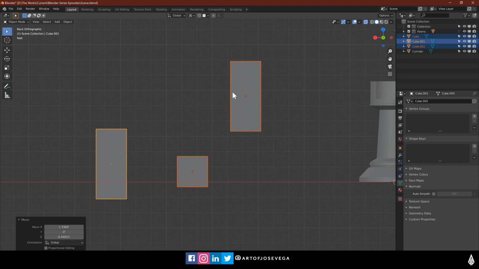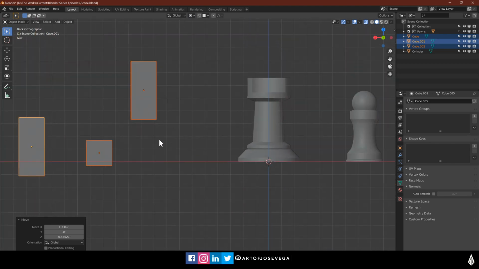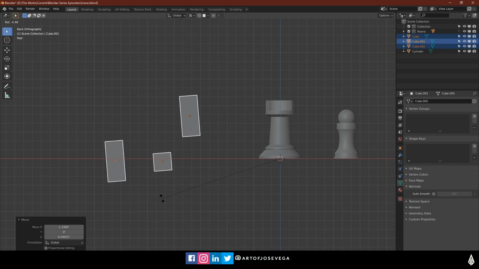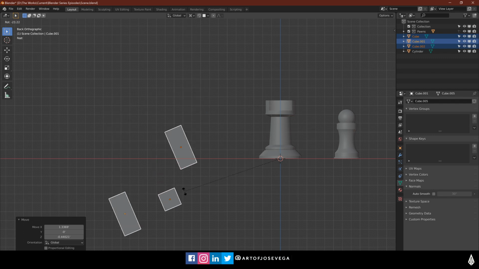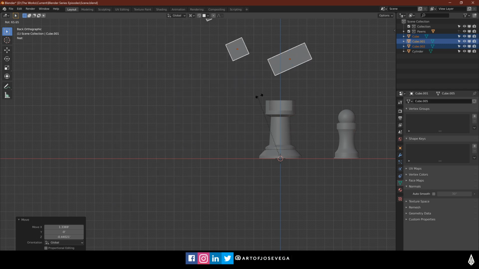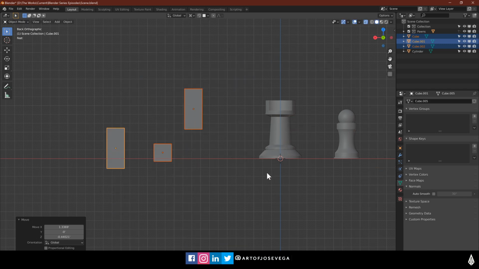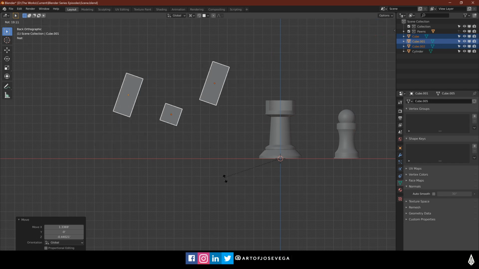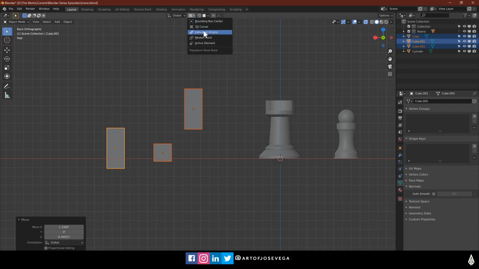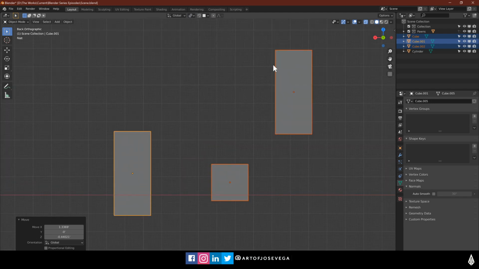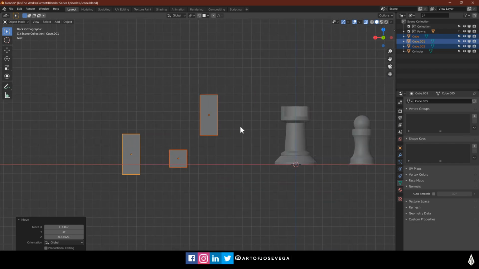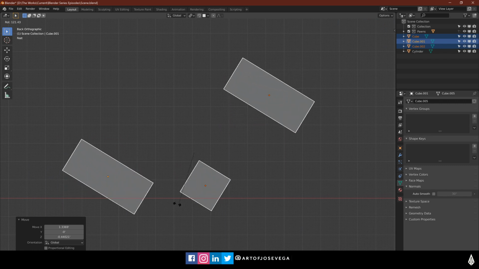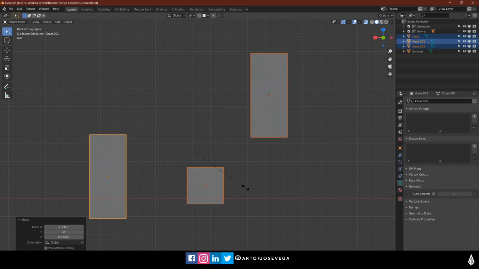3D cursor here is going to use the 3D cursor, which is this, as a pivot. So if I rotate now, you're going to see this dotted line from the cursor. You can see that it's using that as a pivot. Same thing for scaling, and for moving you won't notice it, but that's what it's doing. And the third one, which I use for the most part, is individual origins. The third one is going to take into consideration each origin for each object. So now if I rotate, it's using each individual origin. Same with scaling